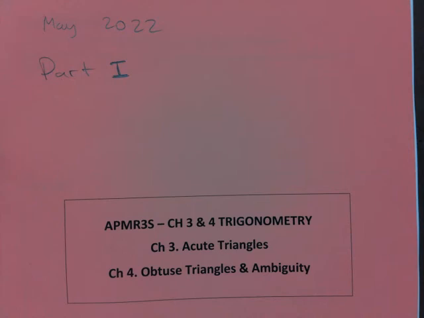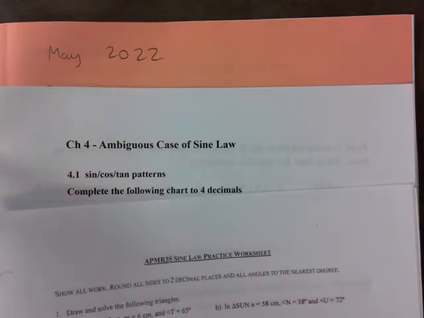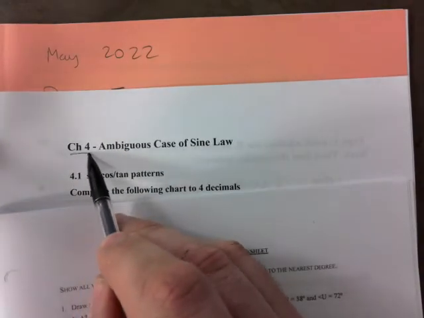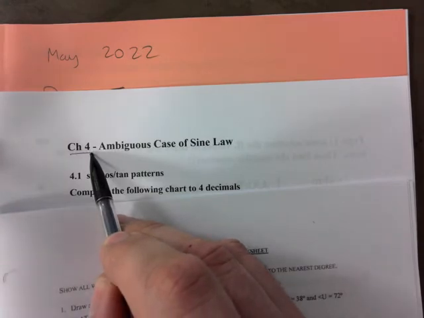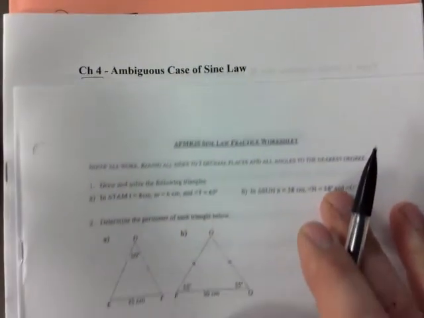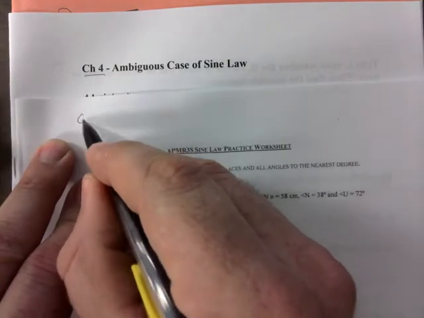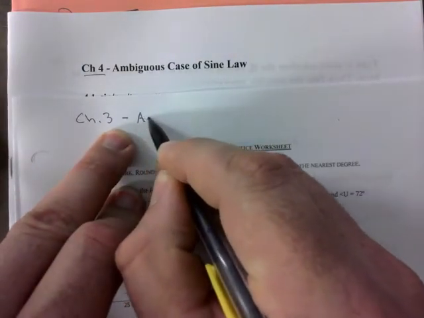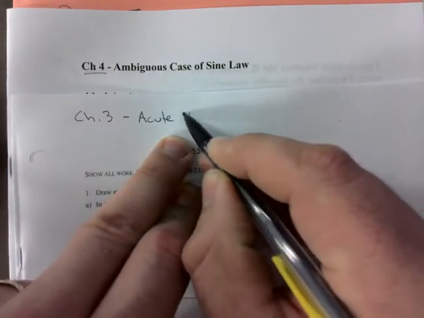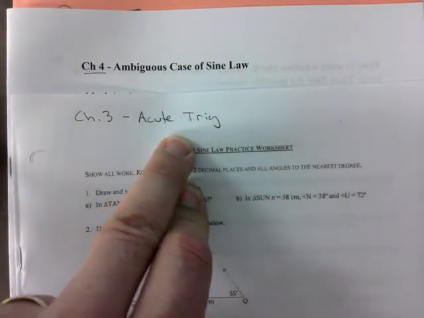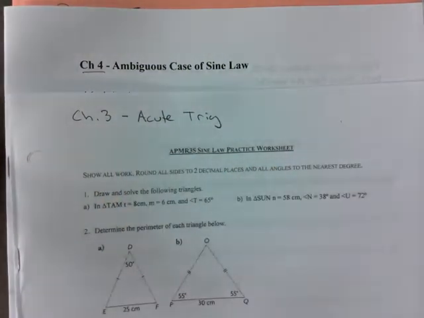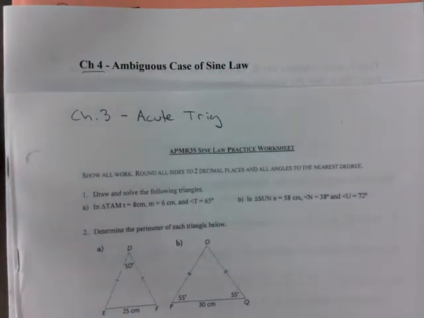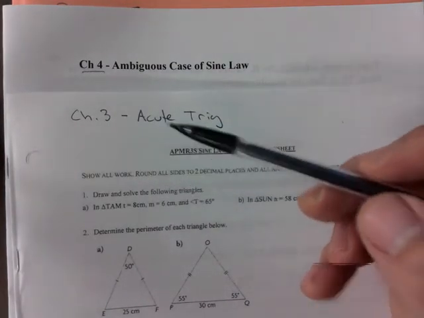The end, so that is nice. Kind of the fact that one of them is labeled chapter 4 tells you that that's chapter 4. So the other one is more chapter 3. Okay. Acute trig. And chapter 4,